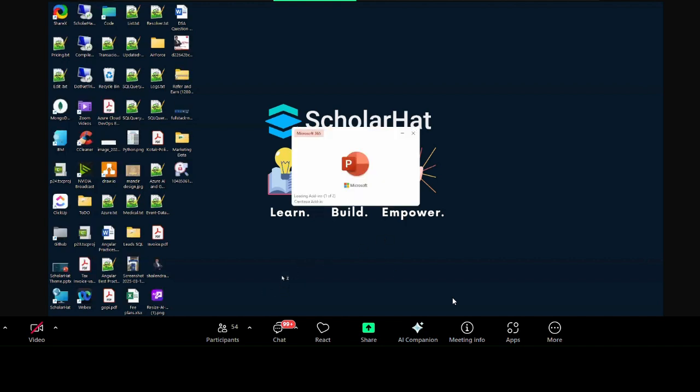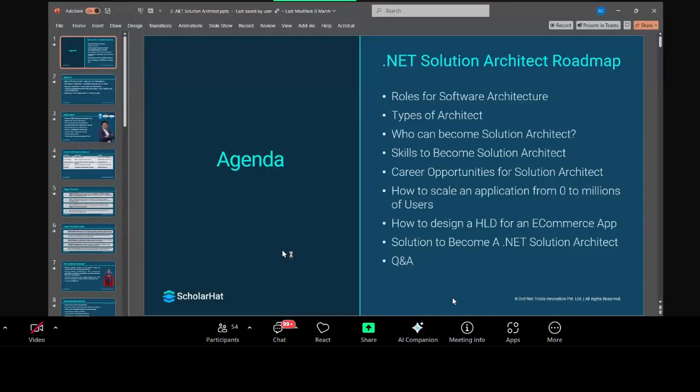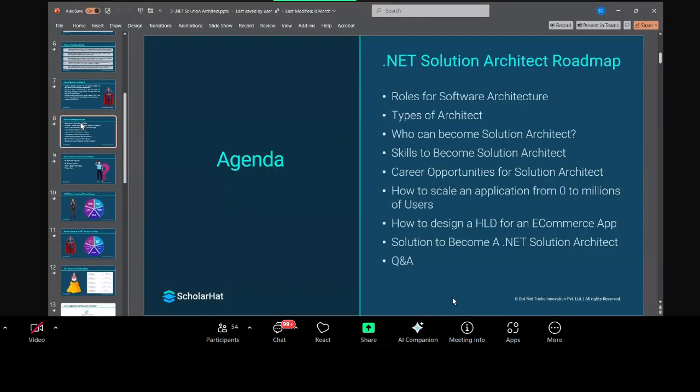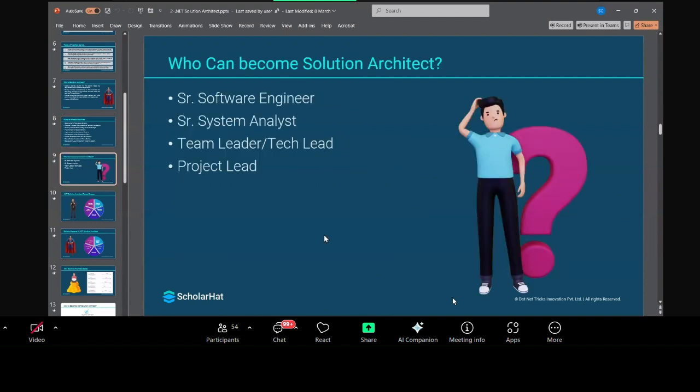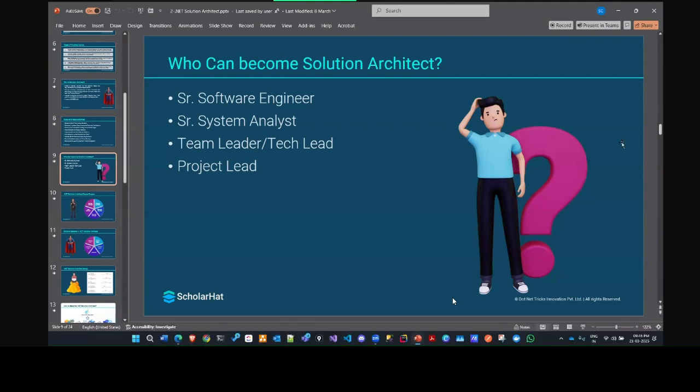Okay, so I was explaining about the roles and responsibilities of the solution architect. Now the question is, who can become the solution architect? So if you are already working as a senior software engineer, tech lead, project lead, or senior system analyst, if you are a senior dev having experience in the range of 6 years to 15 years or more, then you can think about becoming the solution architect,